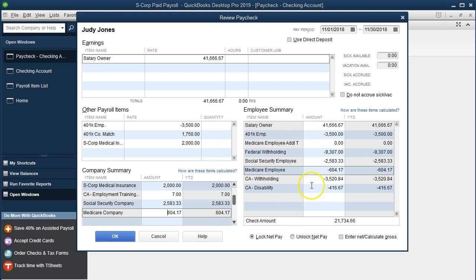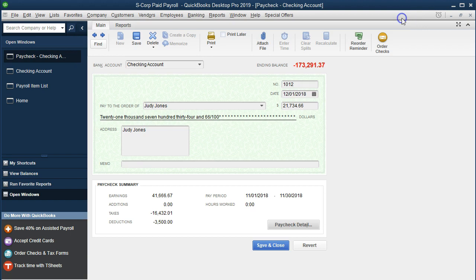So note that the calculation generally isn't too difficult for the most part for the Medicare, and it's going to be pretty standardized for a much larger zone because it doesn't have the same type of cap, although we could have added Medicare taxes for high earners, something like over 200,000, we might have some added Medicare. So let's take a look at some examples where it could be a little more complex. If we close this back out,